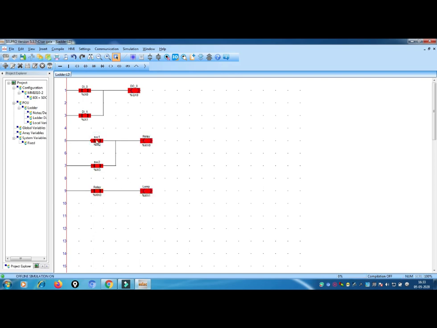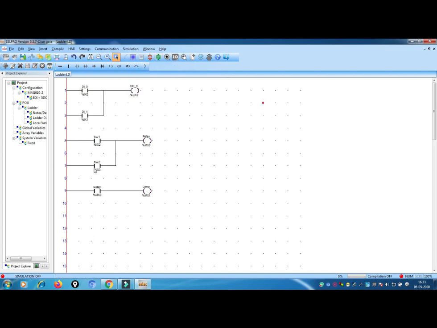Okay, and you have to keep it in the initial position. When you enable switch 2, then your lamp turns on. So in any condition you press a switch, your lamp turns on. So this is the concept of the OR gate, guys. And go for simulation and stop, or else you can click here to stop.